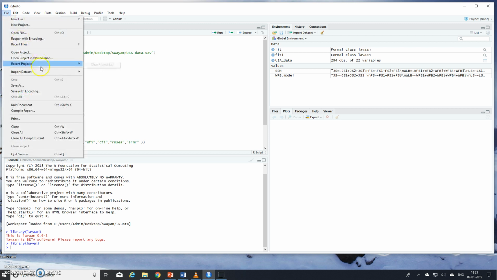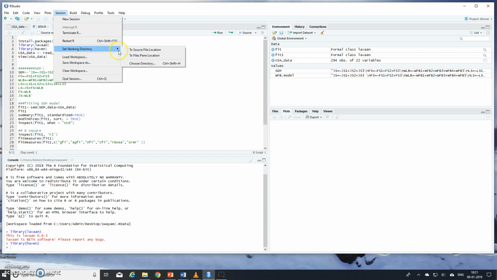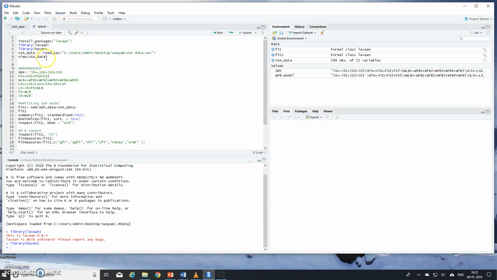Otherwise, you can also go to file, import dataset, and then select whatever format you want. Or you can create a folder on your desktop or any other local drive, and then set the working directory by going to session and then set working directory. Here you can choose the directory. Through this way also you can import your data file.